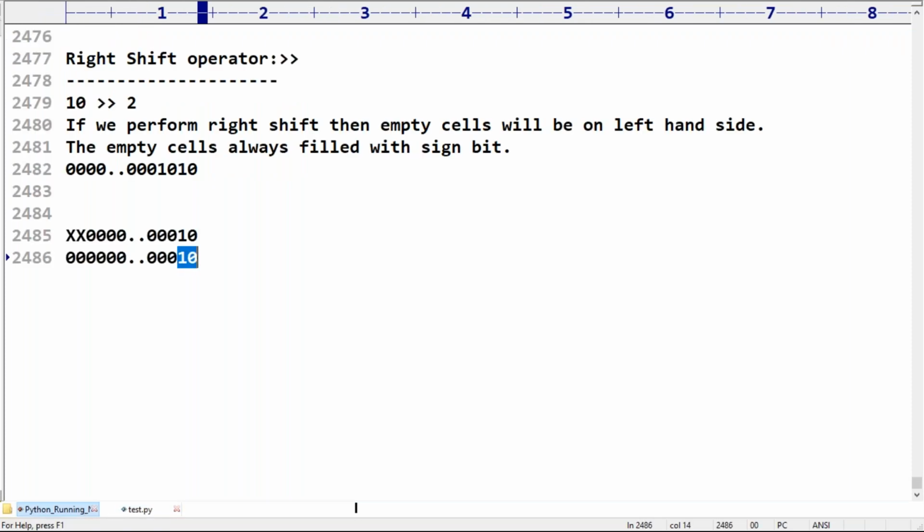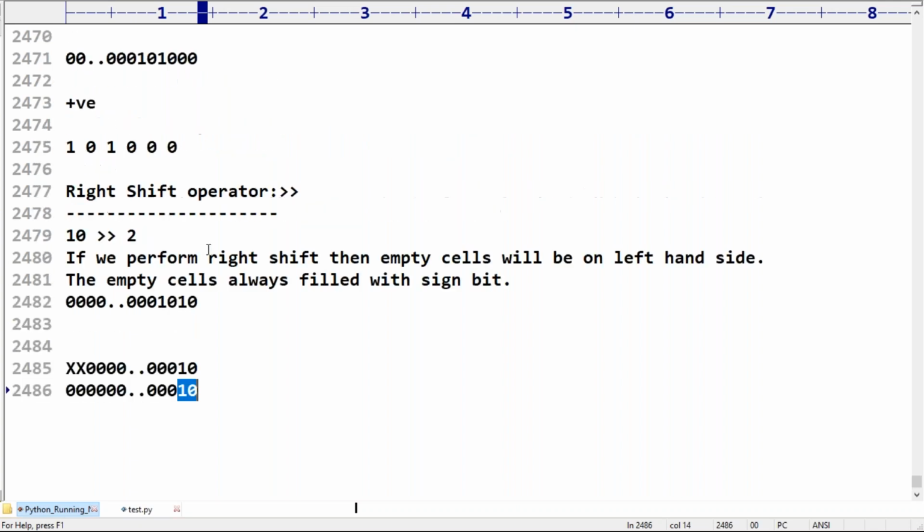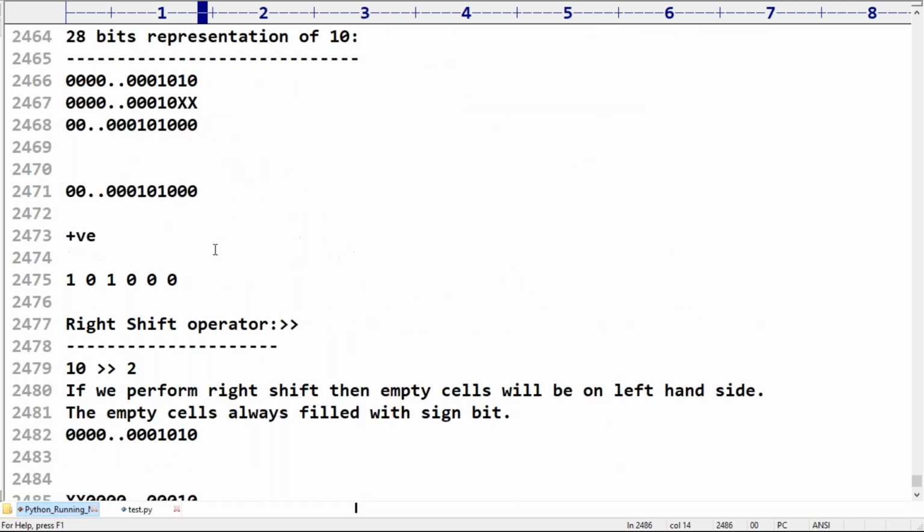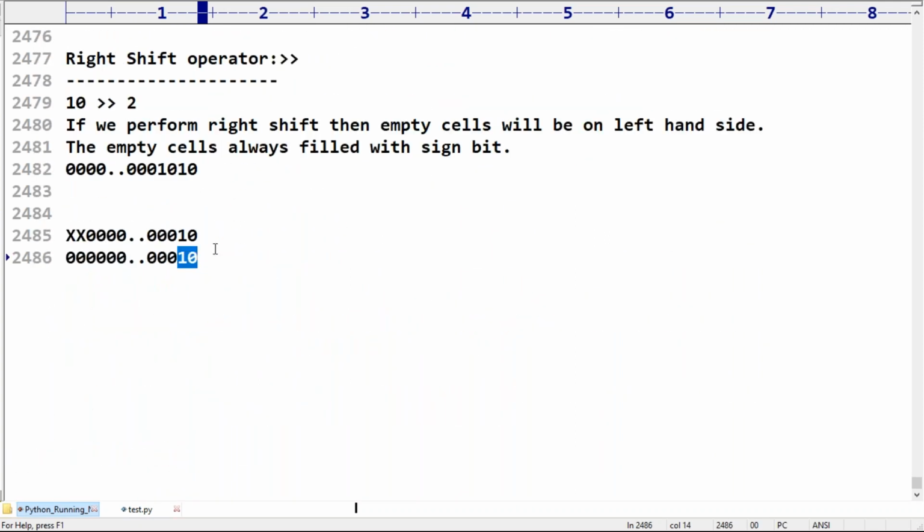Are you getting the point? 2 is the answer we are going to get. If I print this one, 2. Please take very special care. Better to listen. Still, if you have doubts in the conversions and so on, just open Google or YouTube. Maybe there is a chance to have videos, or even our last batch videos. Can you please listen to this part? Then you people will feel more comfortable.